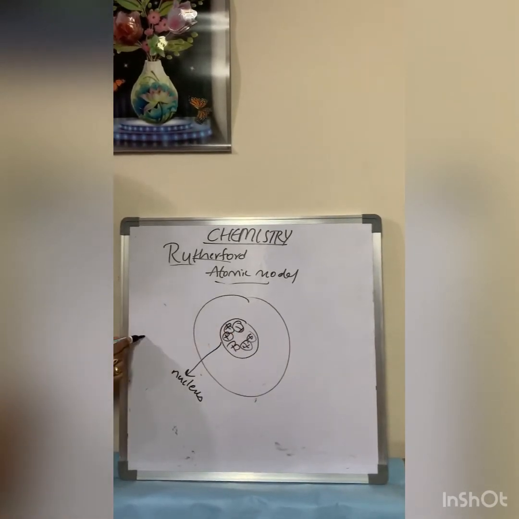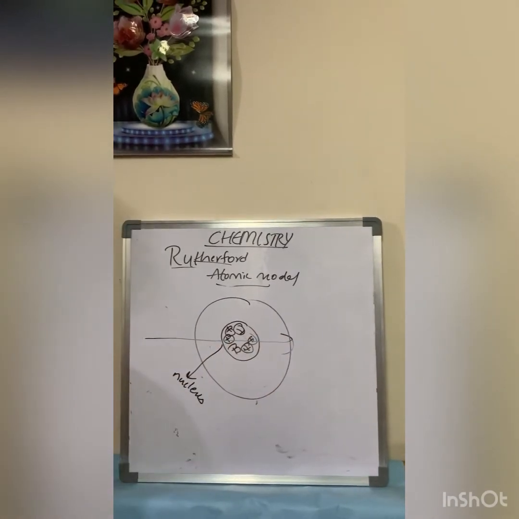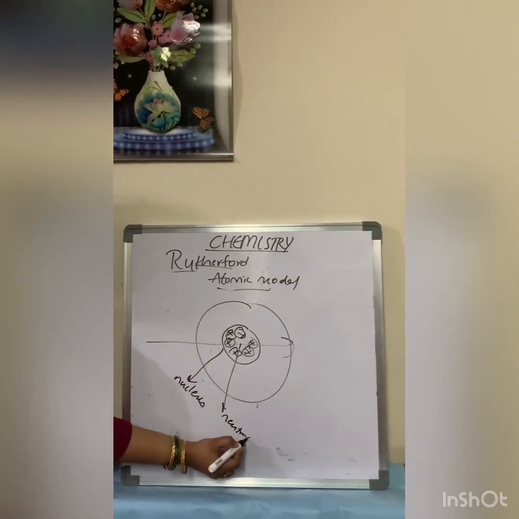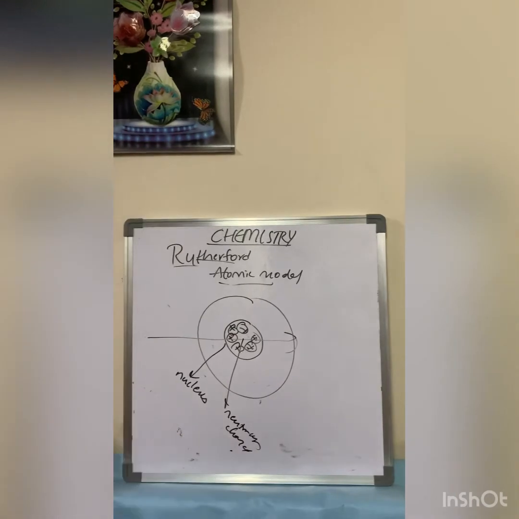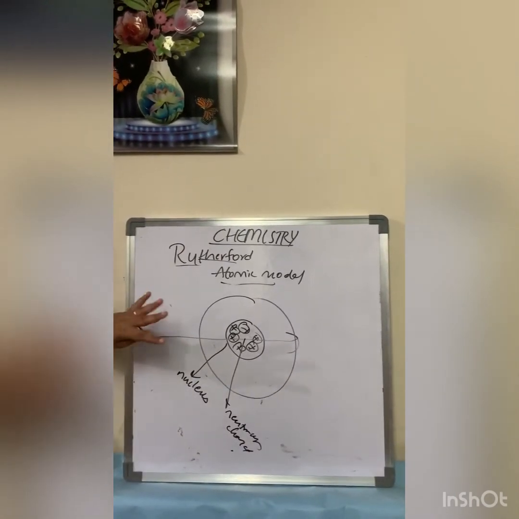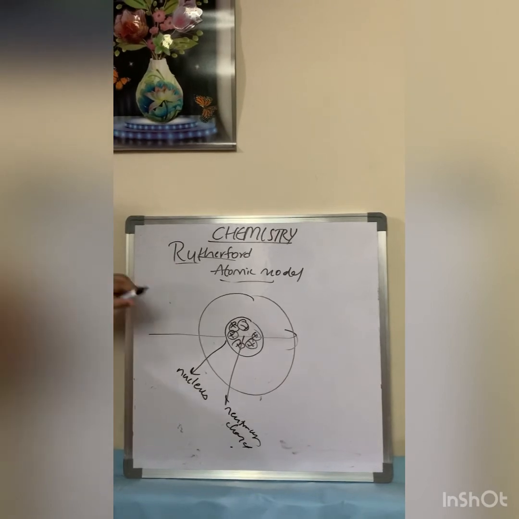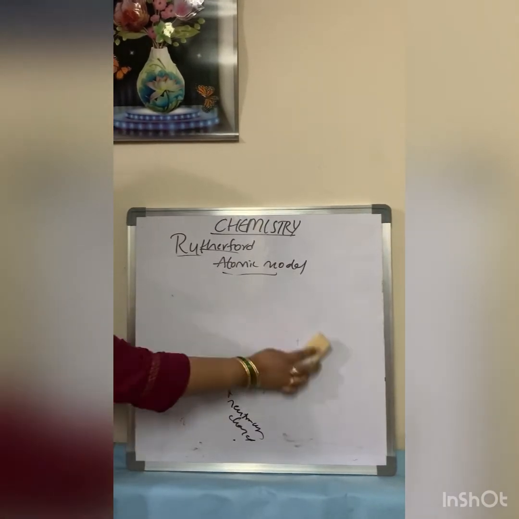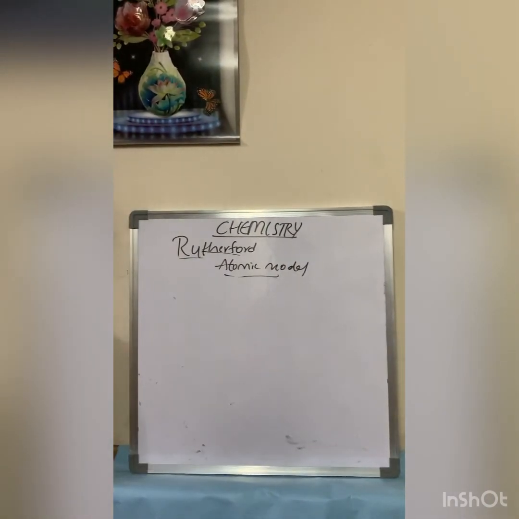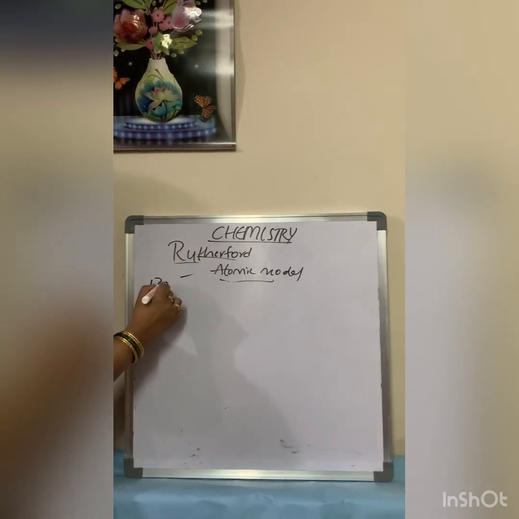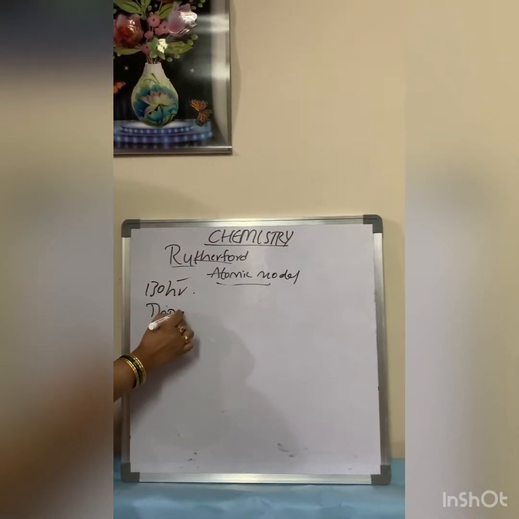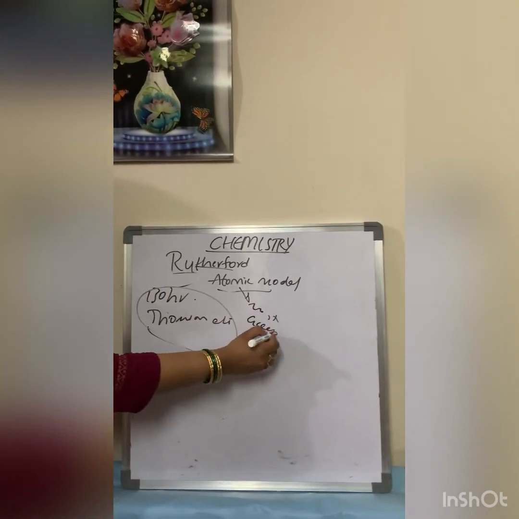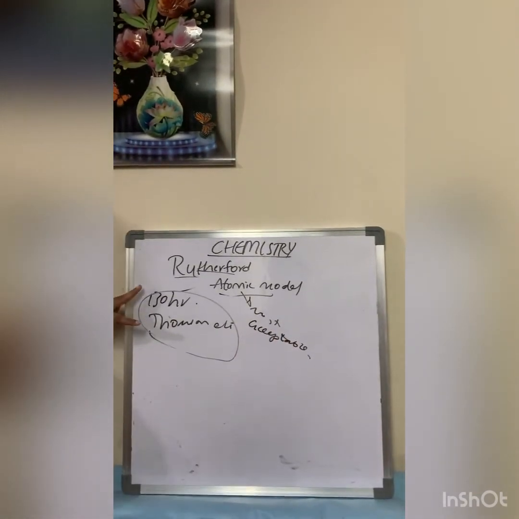And some particles passed through this. So he thought that there may be some neutrally charged particles. So this is what the atom is. That means the nucleus contains the positive charge and the neutrons. This he got to know after doing the experiment. This is the Rutherford atomic model, and we have the Bohr model, Thomson model, etc. This is the main and most acceptable one. Tomorrow we'll see about these two models.